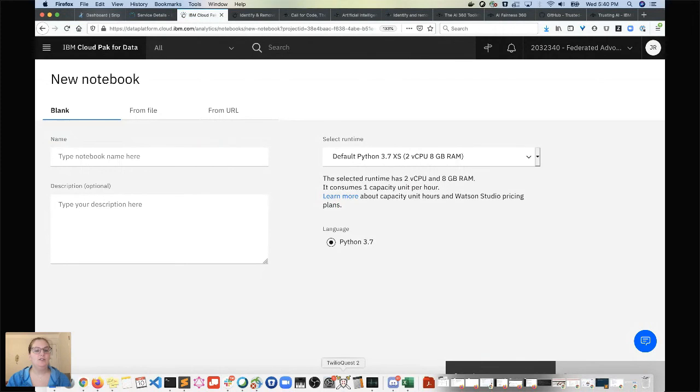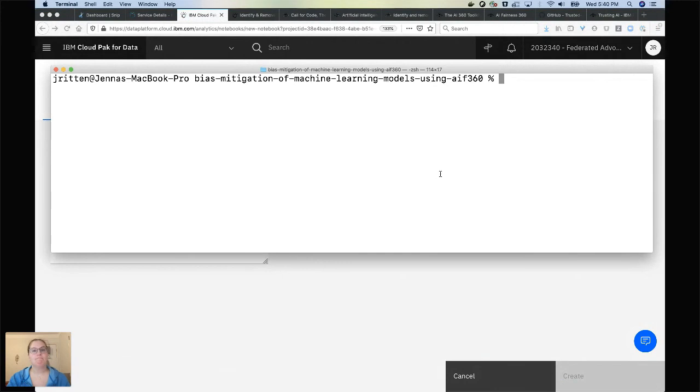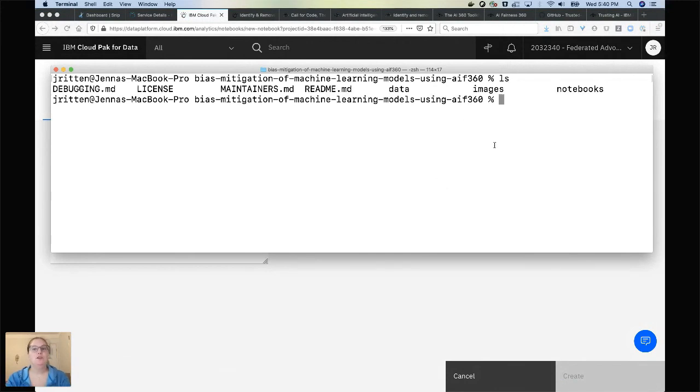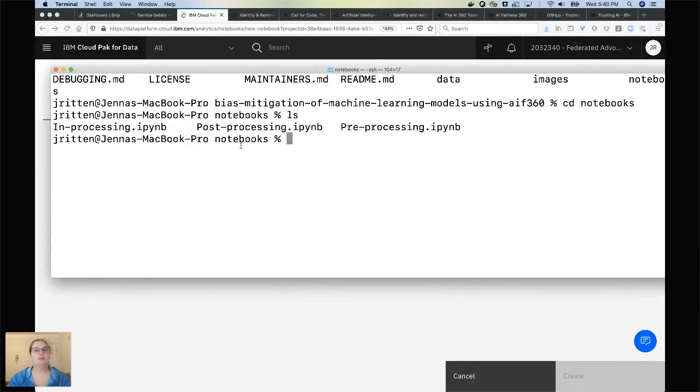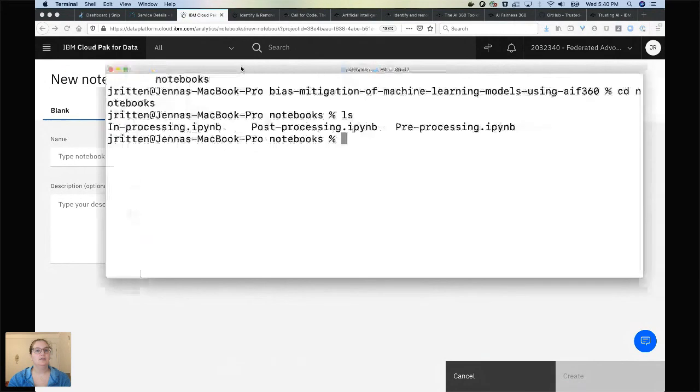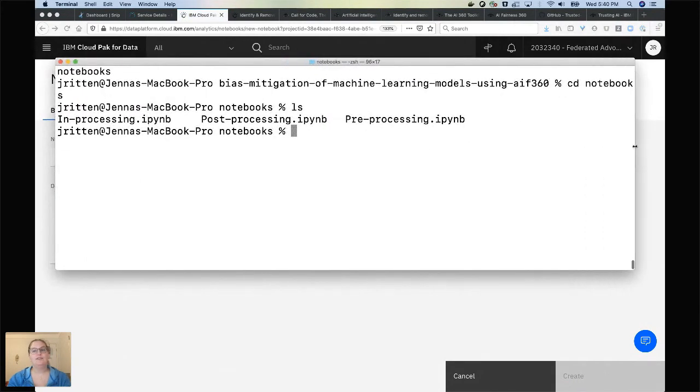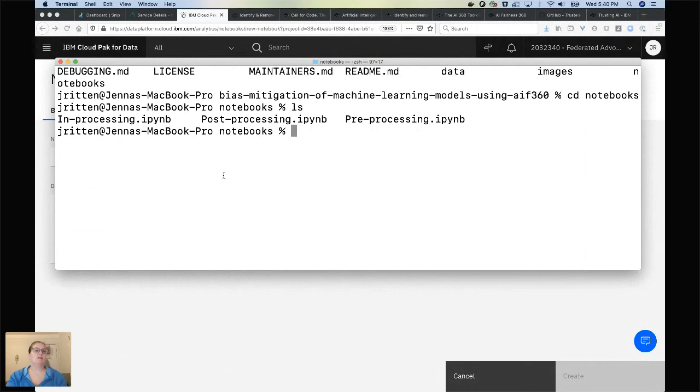Now, if you look into your project here and you look at your notebooks, make sure you can see this. We have 3 different notebooks here. We have in-processing, post-processing, and pre-processing. So the first thing we're going to do,